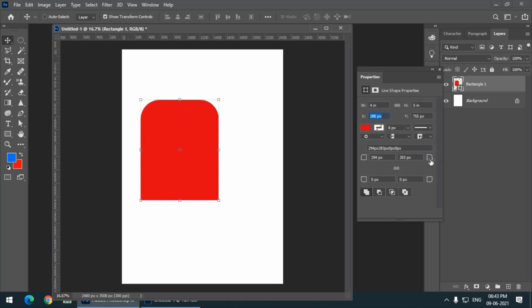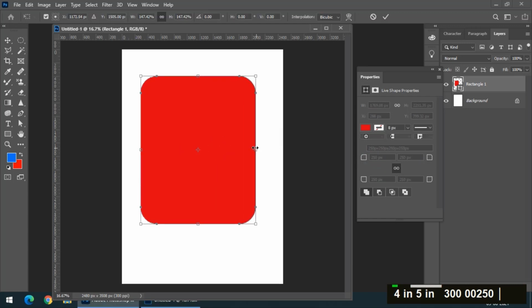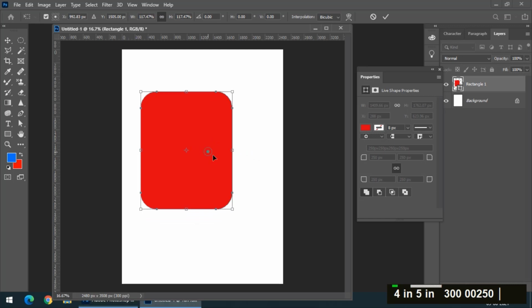So what happens if I lock this? So this will be like, if I change value in one corner, all corners change. First I have to set it to 0, then I can change this. Let's say I change it to 250, then all corners will be changed to 250. So this is how it will look.